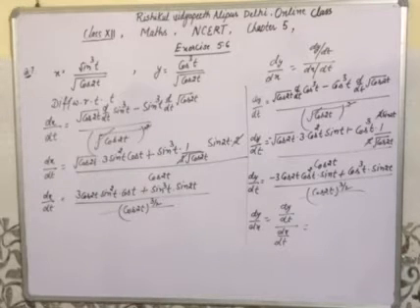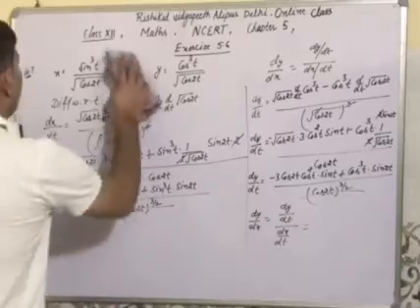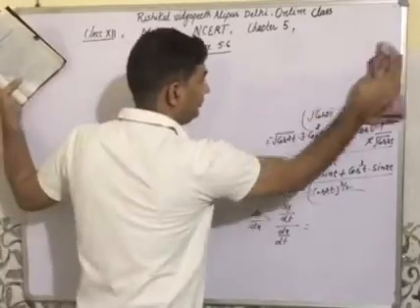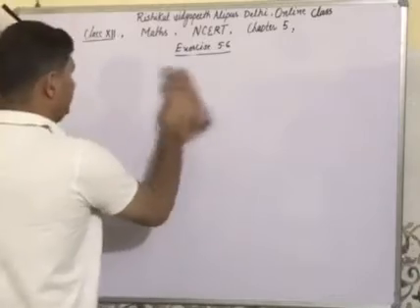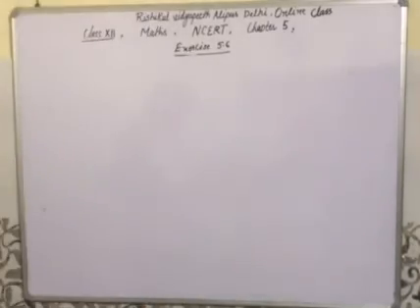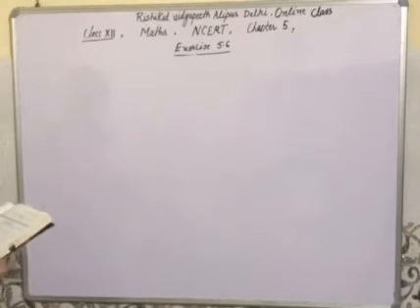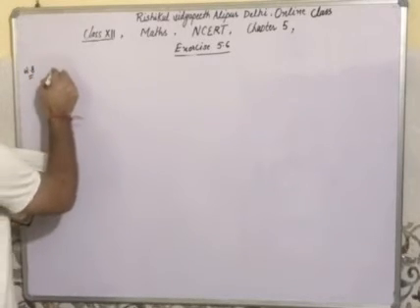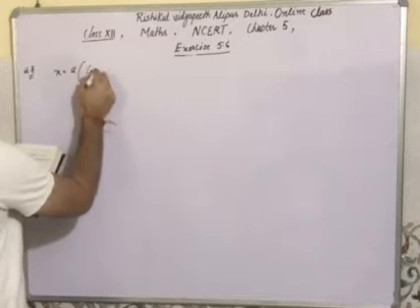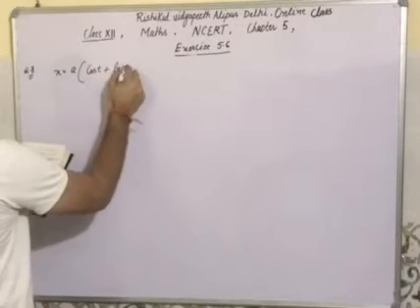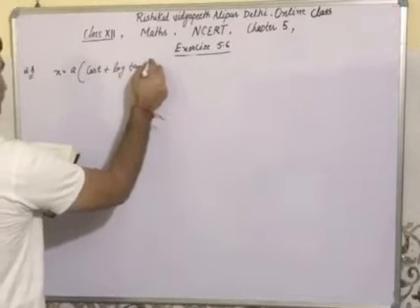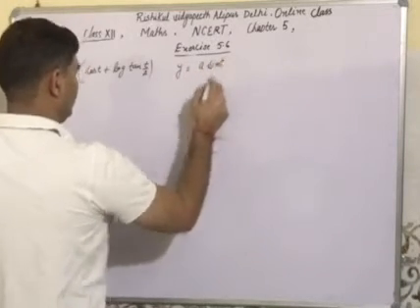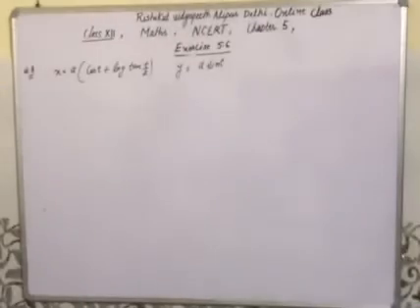Next question, question number 8: x is equal to a cos t plus log tangent t by 2, and y is equal to a sin t, and then differentiate with respect to t,